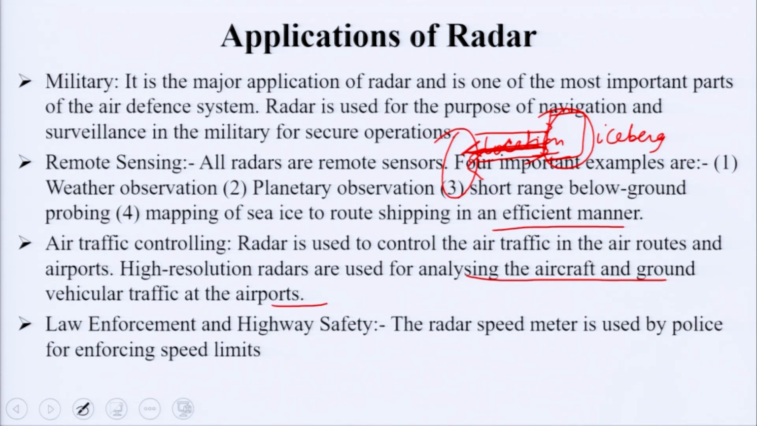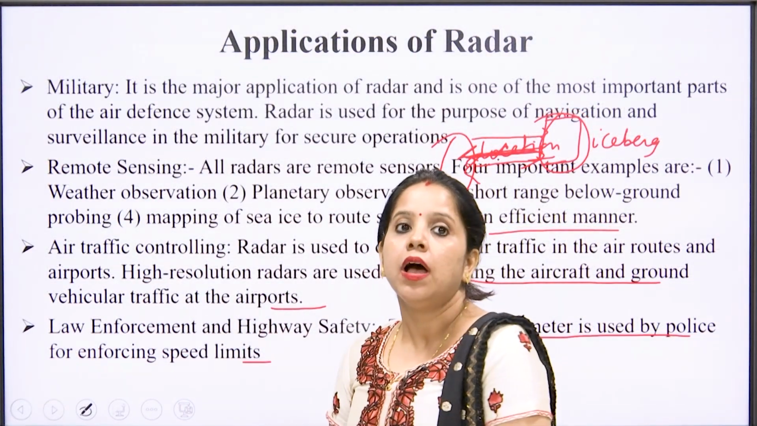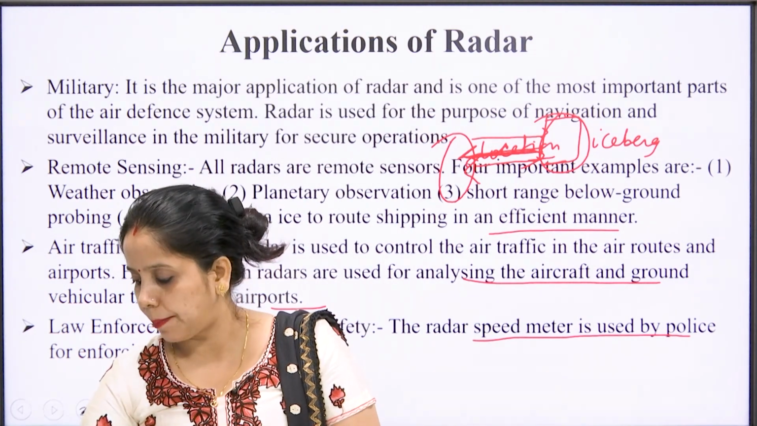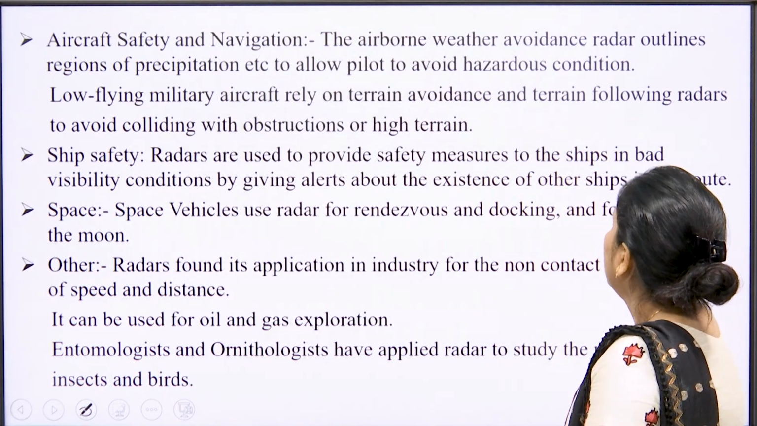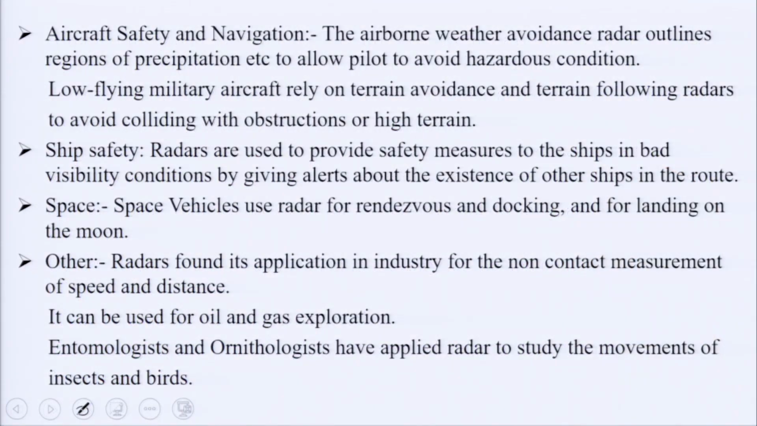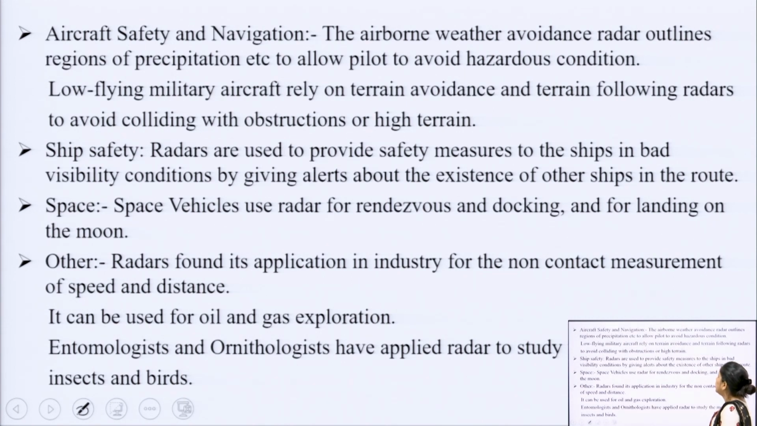The next one is law enforcement and highway safety. The radar speed meter is used by the police for enforcing speed limits. So, basically these are the advanced forms of radar, or we can say these are the applications of radar. Then aircraft safety and navigation. The airborne weather avoidance radar outlines regions of precipitation, etc., to allow the pilot to avoid hazardous conditions. Low flying military aircraft rely on terrain avoidance and terrain following radars to avoid colliding with obstacles or high terrain. Ship safety. Radars are used to provide safety measures to the ship in bad visibility conditions by giving alerts